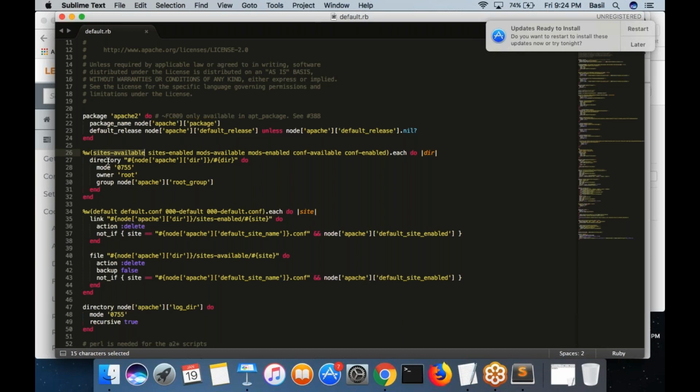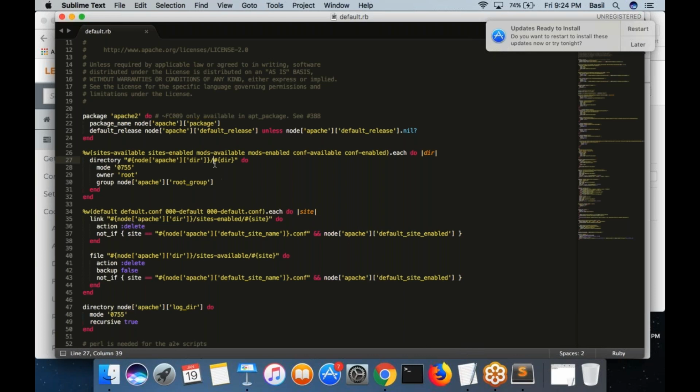So what you had written in the loop is nothing but a resource. This is your resource. It starts with a directory and ends here. Starts with a do, ends here. So what you are going to do here, you are mentioning the Apache directory here. The Apache directory is nothing but etc Apache 2. It's a different attribute that you already have defined in the attributes folder. So what you are doing here is node Apache directory, which is your etc Apache 2 folder.